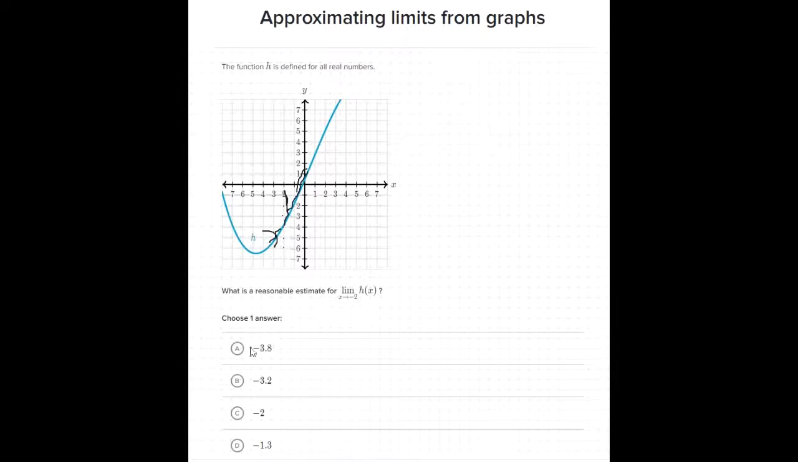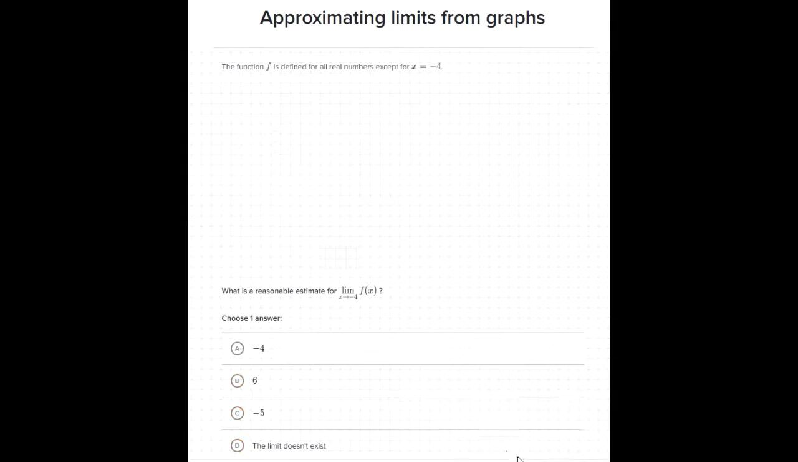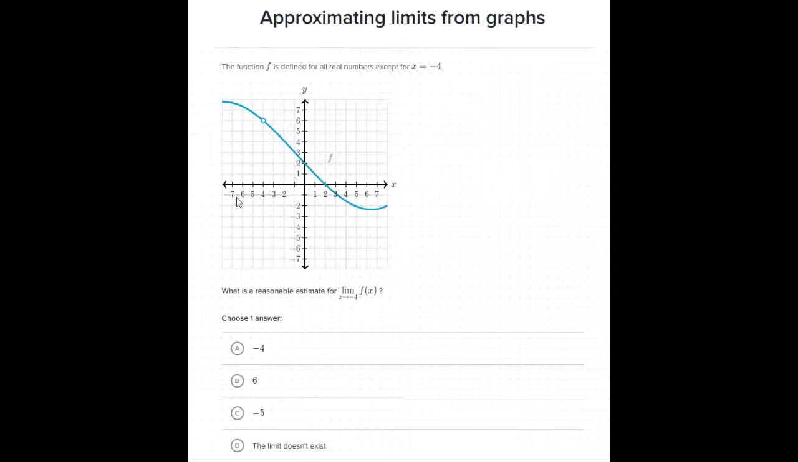But we see -4 is not an answer here. So what's one of the closest answers to -4? We see that it's around a little higher. So -3.8 would be a good answer. And that's right. For the next example, we have the function f is defined for all real numbers except for